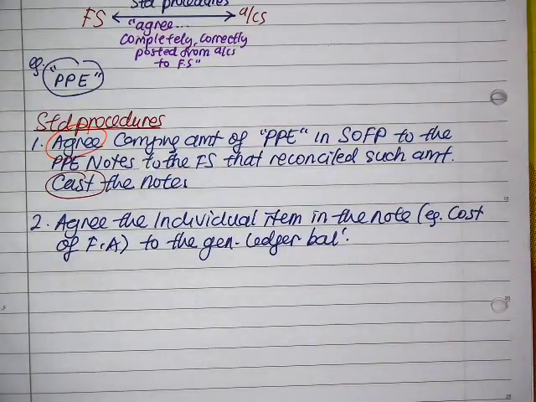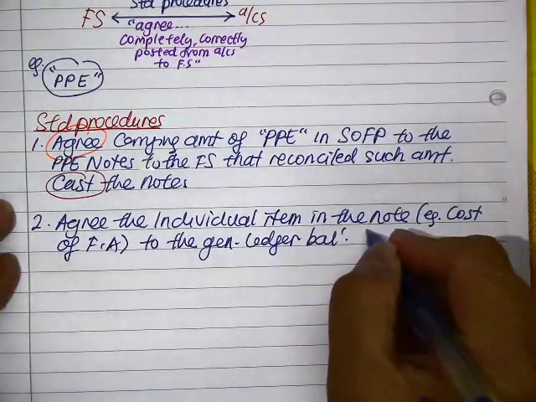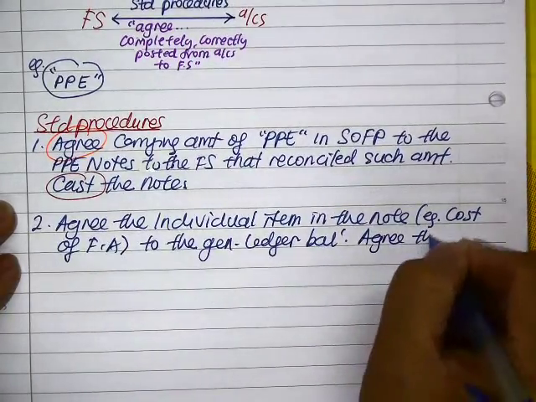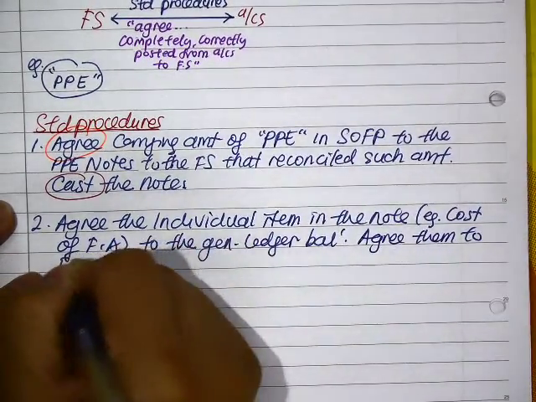Now again, the ledger only shows the balance. Like you just show me, okay, computers got 10 million. That means you got 10 million worth of computers. But in 10 million worth of computers, I believe you got a few thousand units of computers. And you can't be showing all the few thousand. Accounts don't show all these details. That detail will be maintained separately by the register. So that's why you must agree again, so that what you see in the accounts and what you see in the register is also the same. So you must also agree to